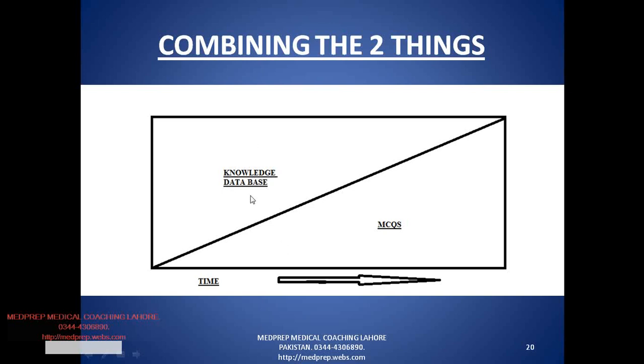But once you move in time, you should start doing the MCQs. And before appearing in the exam, you should be doing the maximum number of MCQs, but you should not be studying the lecture notes that much, because you should have finished those well ahead of time. So before going to the exam,